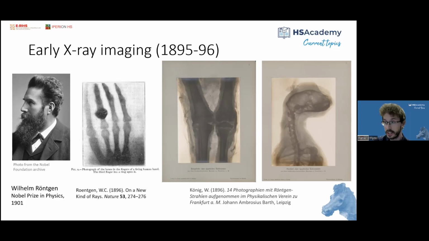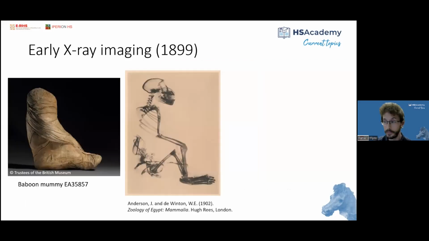But just to say, on a terminology note, these images are what we call radiographs, and I'll talk about the distinction between X-radiographs and X-ray CT scanning later. A radiograph is a two-dimensional image in which every layer under the surface of a mummy or of an object is superimposed. So a few years later, in 1899, an X-ray tube was brought to the British Museum, and